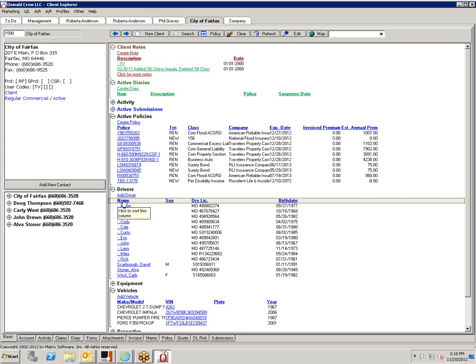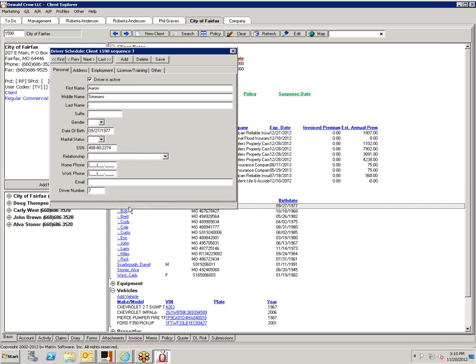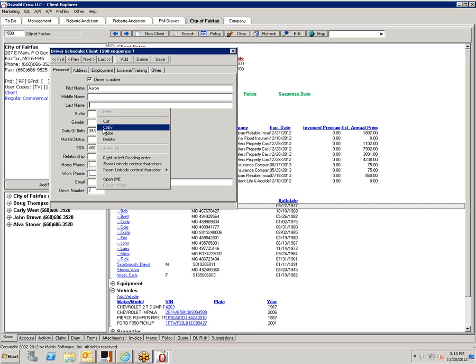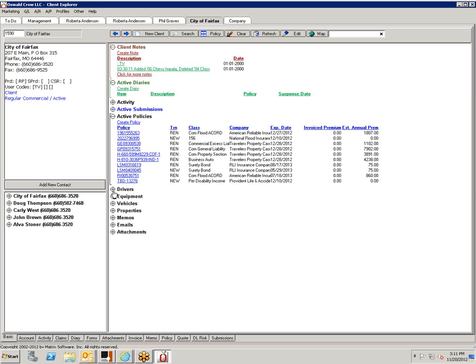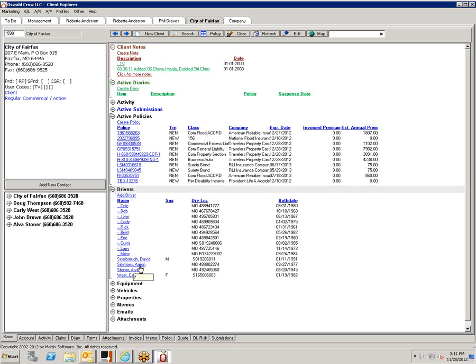These names look like they came in a little strange. Yeah, it looks like the last name came in as a middle name. Oh, I see. So if you just cut that out and put it down here, it's probably the quickest way. It was the position where it was stored or something. So if we refresh that and we open up drivers again, you can see that Aaron Simmons is down here. Okay.